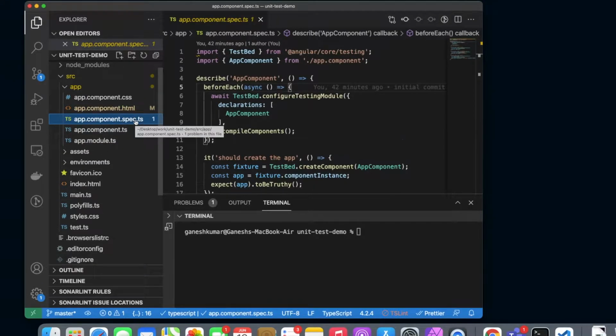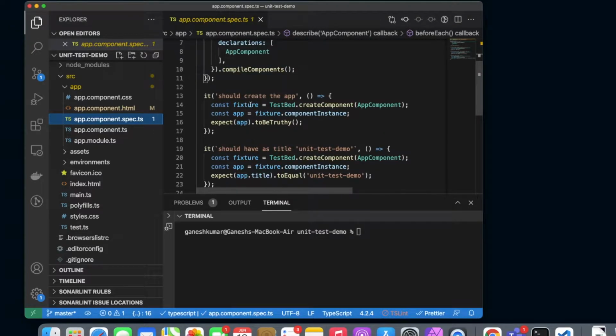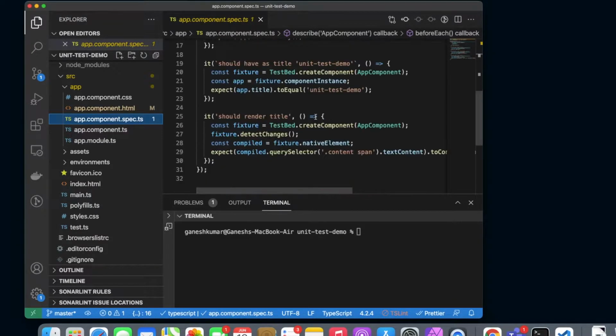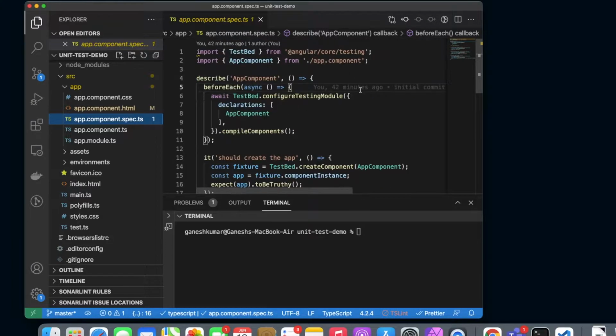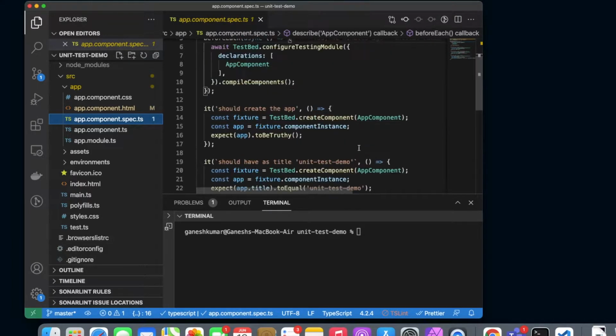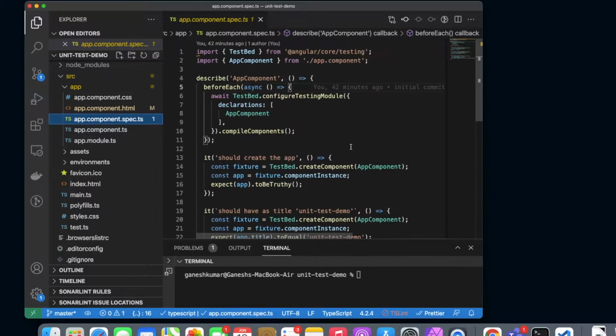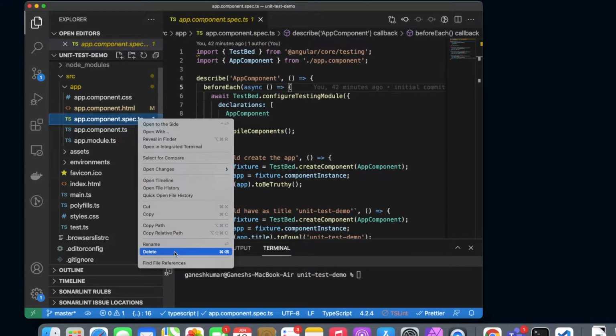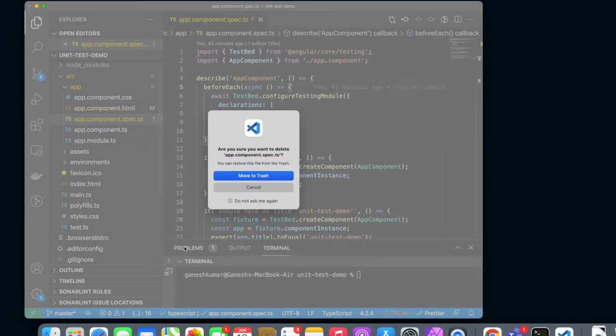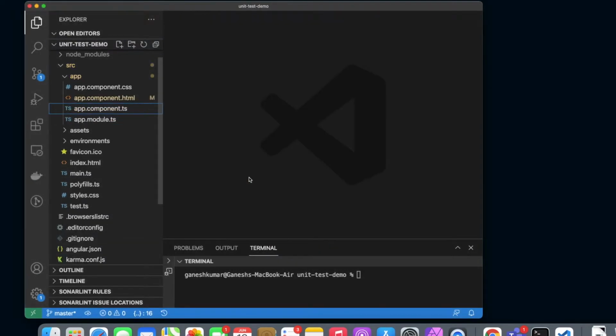I meant, on each component creation you will see this kind of code created for you already, that this sample setup is already done, but I don't want you to look at this code and confuse yourself. So let me put this aside for a while. Let me just delete it. I can put it back from my trash later. So I just have no test cases right now.